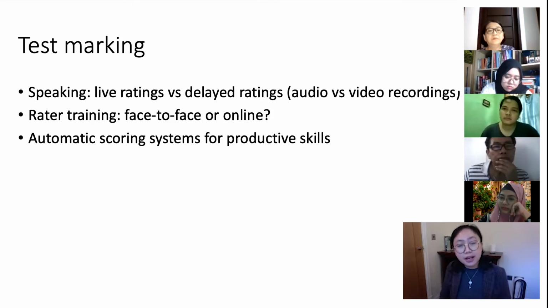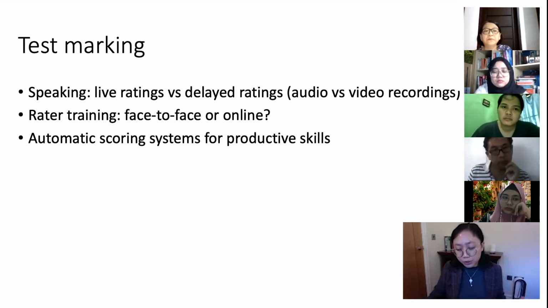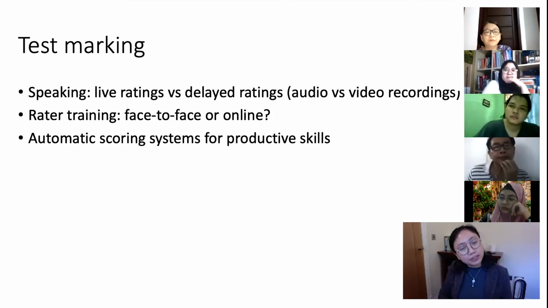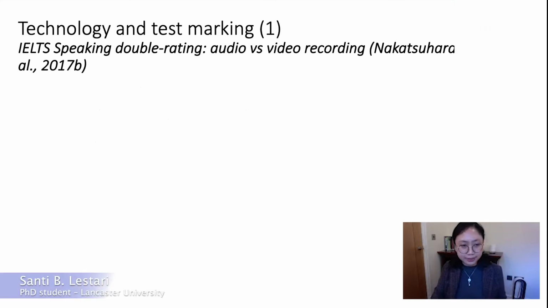The second is rater training, whether face-to-face or online rater training will be comparably effective. The question is whether the online one is as effective as the face-to-face one, which is the common practice. And I'll talk a bit about automated scoring systems for productive skills. So let's start with